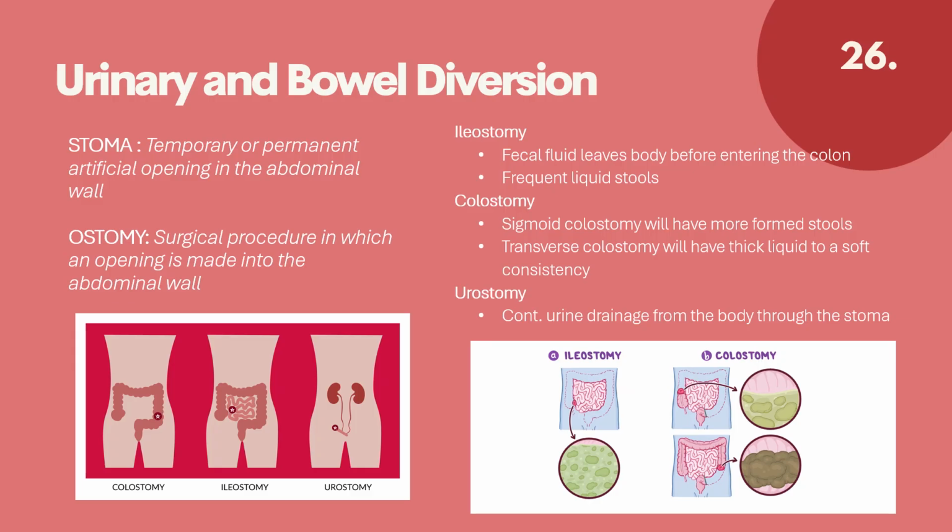So, bowel diversions. Why would we do a bowel diversion? Maybe that individual has colorectal cancer, severe diverticulitis, inflammatory bowel disease like Crohn's, ulcerative colitis. Maybe there's trauma or an obstruction occurring, and again, congenital anomalies. So you have several different types of these as well. So you have a colostomy. That is a part of the colon is brought to the abdominal wall as a stoma. The stool is typically going to be